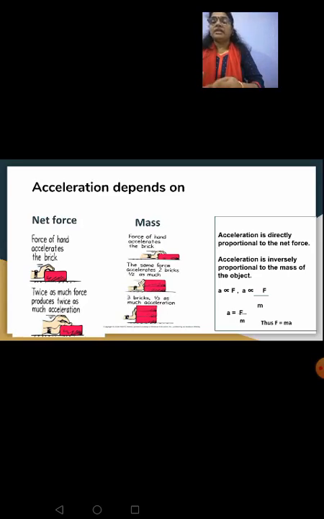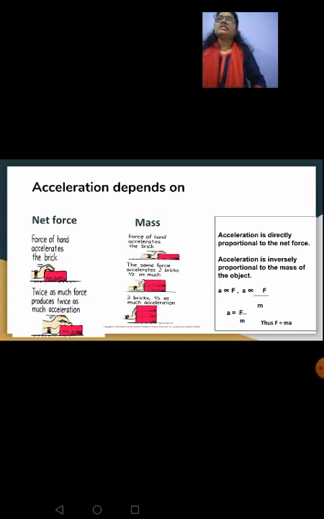In the second figure under mass, I have said that when you apply the same amount of force, that is a force of 10 Newton, on 1 brick having a mass of about 200 grams, it will begin to accelerate. Now, when you apply the same 10 newtons on 2 bricks, the mass is increased to 400 grams. Obviously less acceleration will be produced because the mass is increasing and the force applied remains the same. Now, when you increase the mass to 600 grams by adding one more brick and apply the same 10 newton, obviously the acceleration will reduce further.